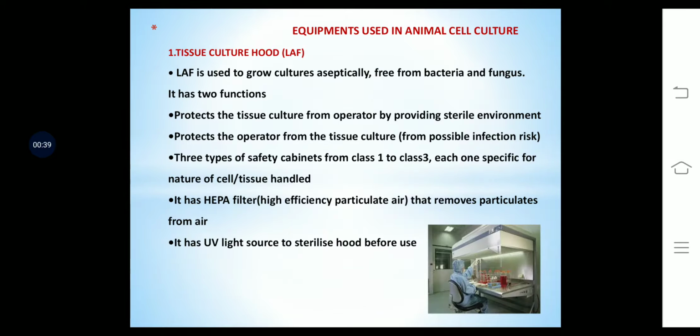When it is increasing, we can study the effect of hormones or growth factors in a particular cell type. So when you are administering nerve growth factor to a neuronal cell line, we can understand that the cells will be growing much more. So what is that increase in cell number based on a particular concentration of a growth factor or hormone?